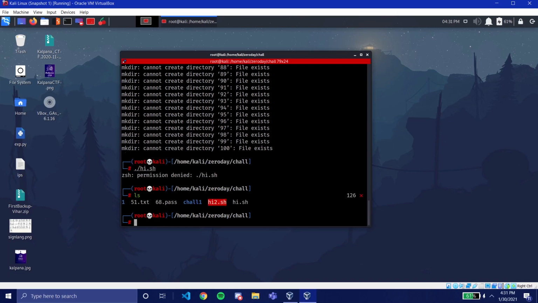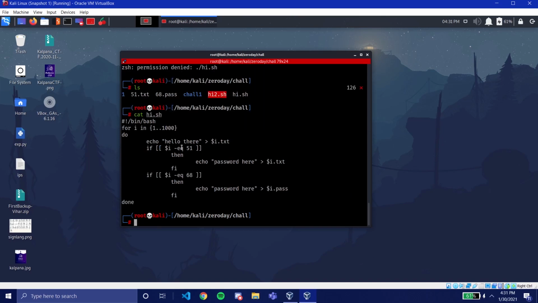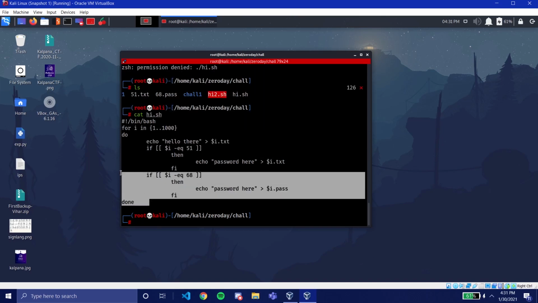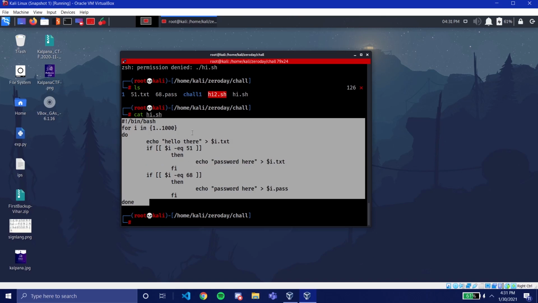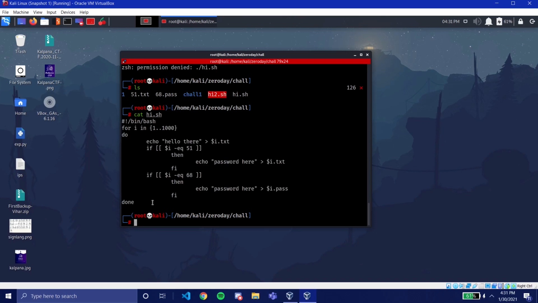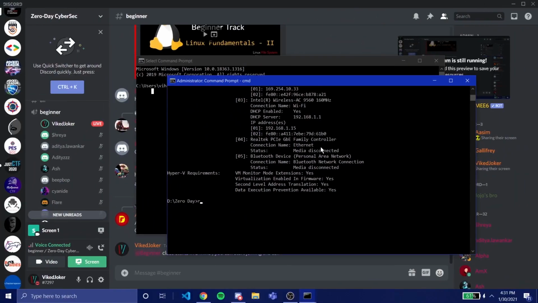What is it called? The same, right? Let me just catch that. Yeah, if you can see, this is how you program something to be done directly in the terminal using bash. This is called bash programming. The closest thing we have to that in Windows is PowerShell programming. We use PowerShell to execute commands.